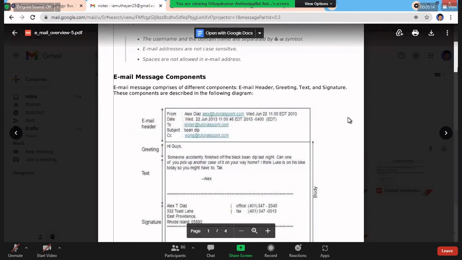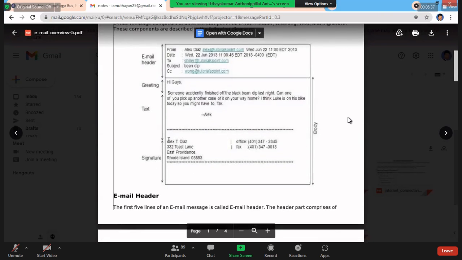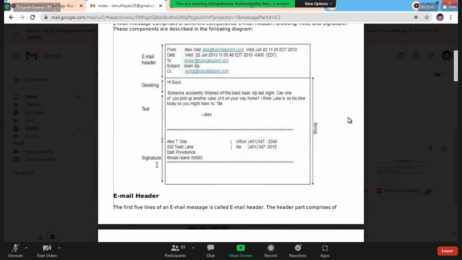The email message comprises different components. The top one we can say is the email header, and the contents of the email are the greetings and text, and then the third part is the footer or the signature portion, right?